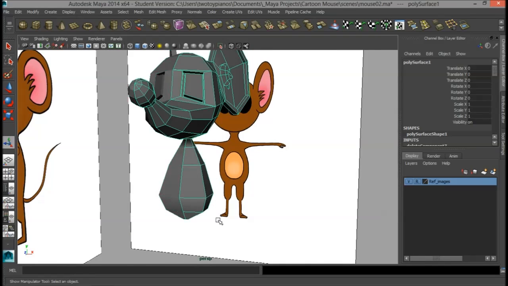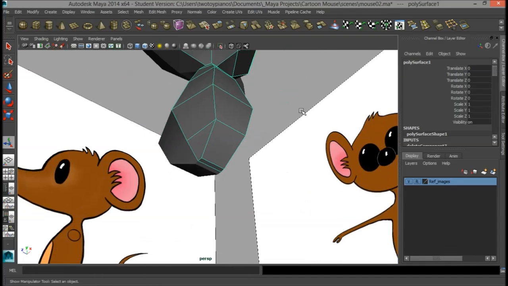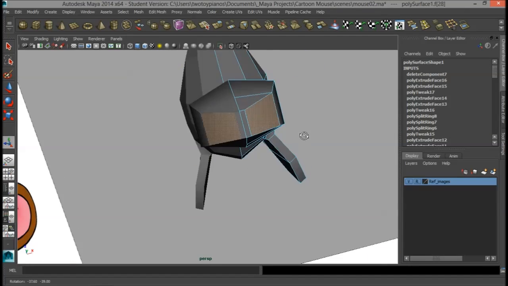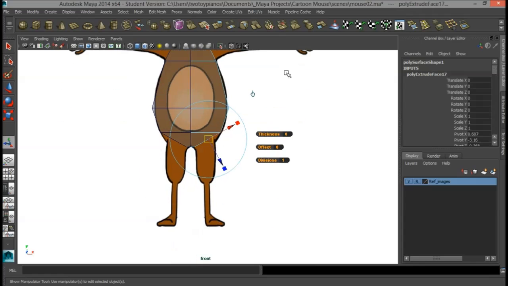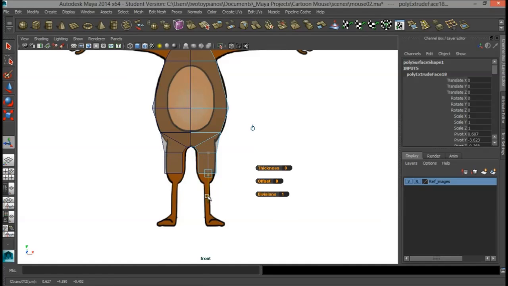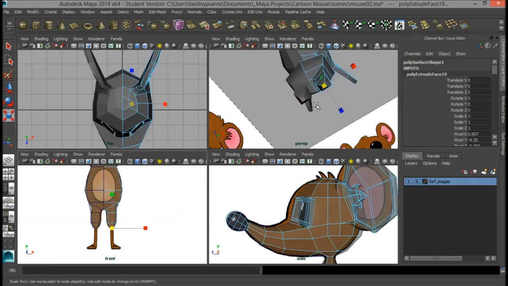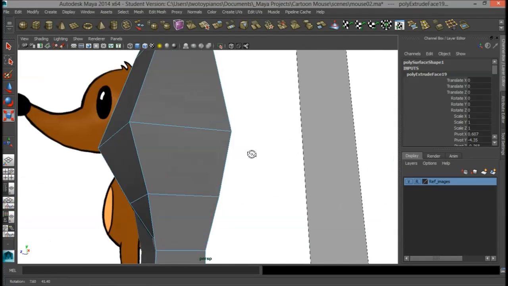Okay. So now we can, for example, extrude down his leg. So I'll select this face right here, and I'll press extrude, press W and go straight down, press R, scale these faces together, and then scale them in a little bit, and then I'm going to extrude down, and then I'll extrude down again, press R, scale in. So you can see right here,